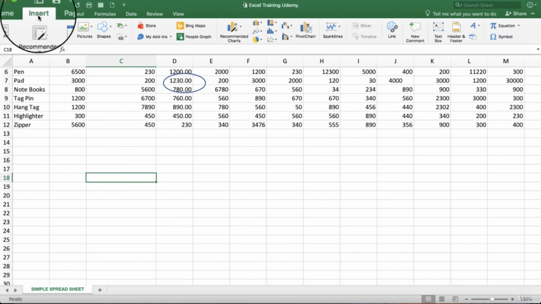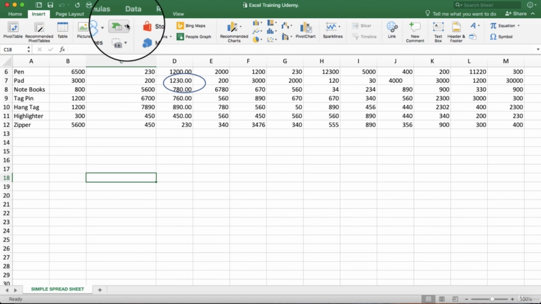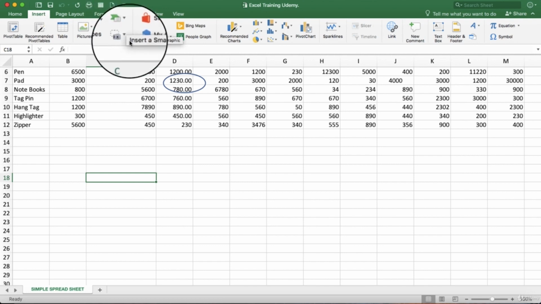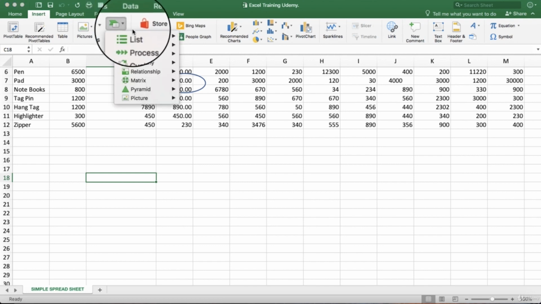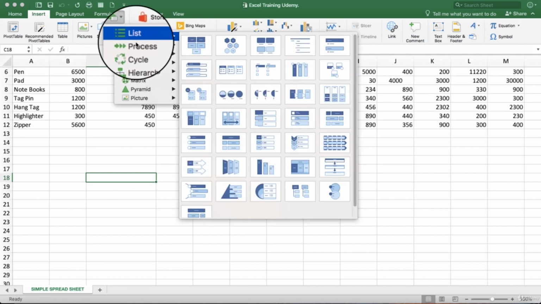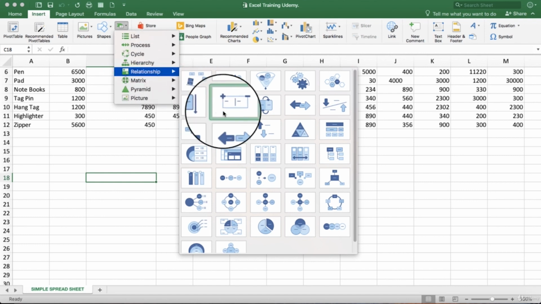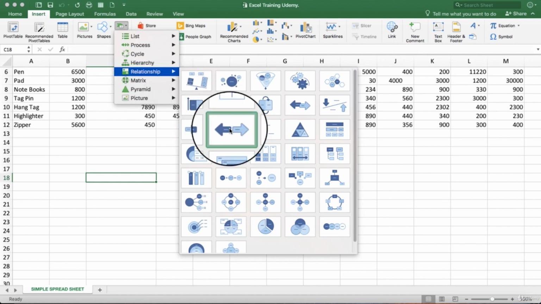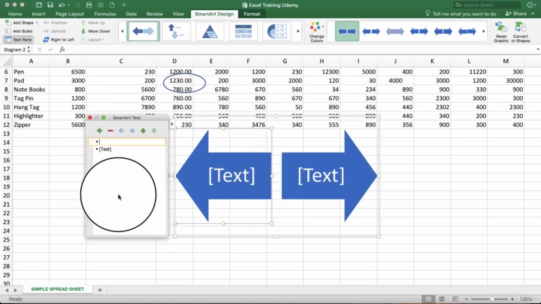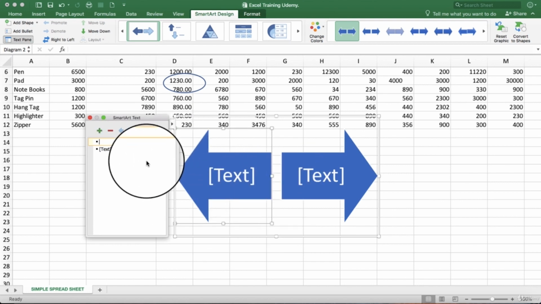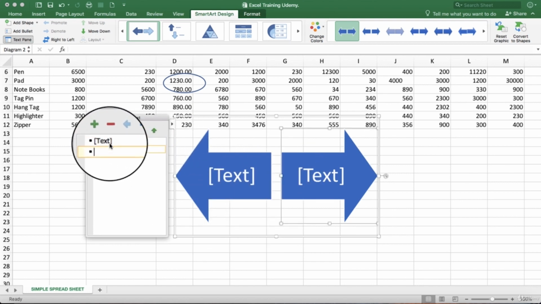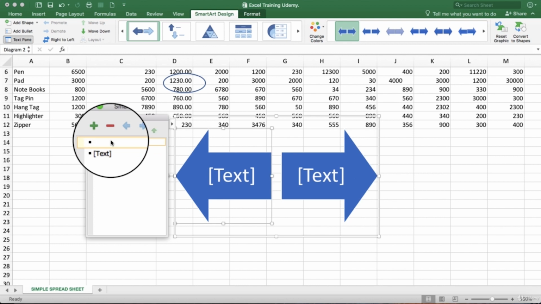From the menu bar go to Insert, and here you can see the SmartArt icon. Here you can see different SmartArt options like list, process, cycle, relationship. I am using this relationship. By clicking here you can get this SmartArt here. By clicking on the text you can edit it to whatever you want. We can type anything you want to. So I'm typing